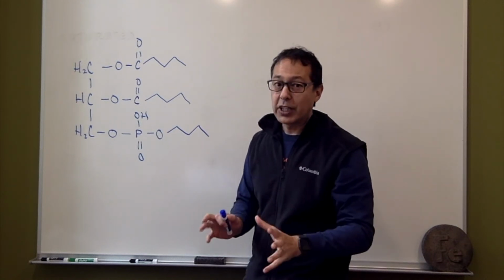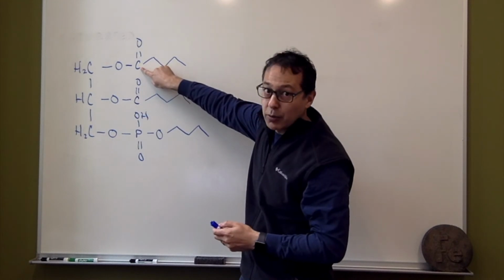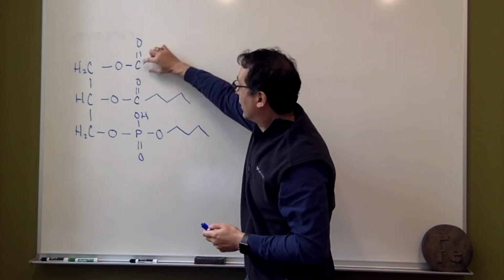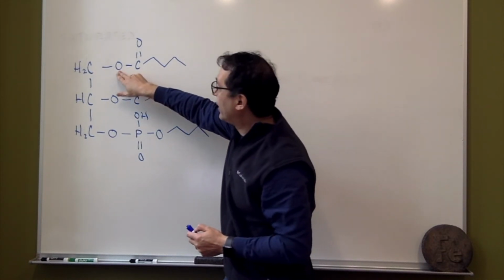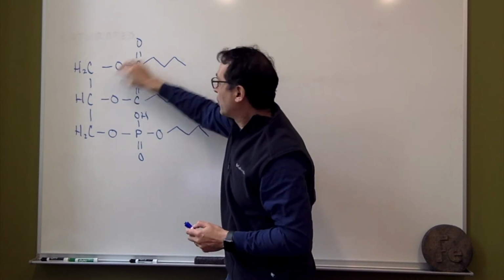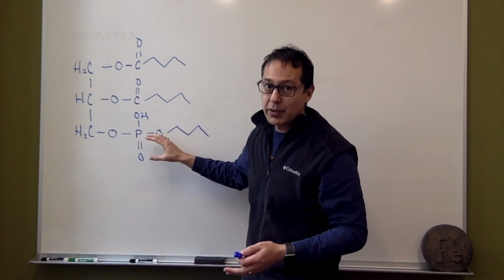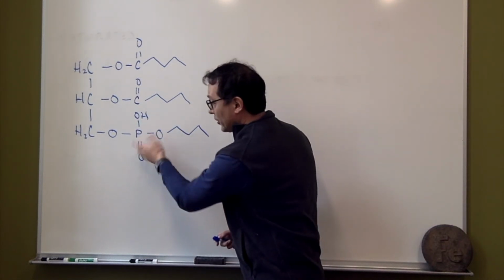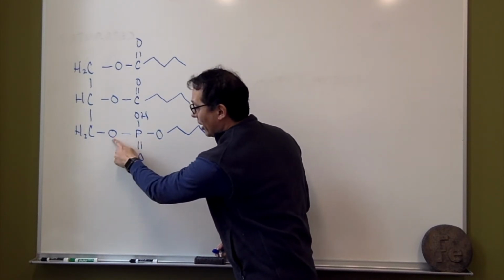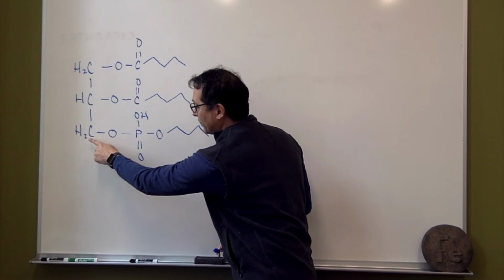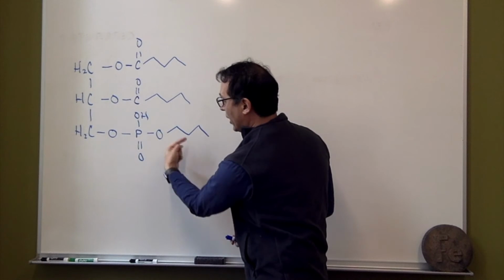Now the ester linkages, if we remember what an ester is: we have the carbonyl group, and then the carbonyl group has a carbon chain coming off of it, and then here we have an oxygen, and then another carbon. So this right here would be a carbon ester group. A phosphoester group would be, instead of a carbonyl, we have a phosphorus double bonded to an oxygen, and then over here we have an oxygen attached and then a carbon. So this here would be a phosphate ester, and then on this side as well,